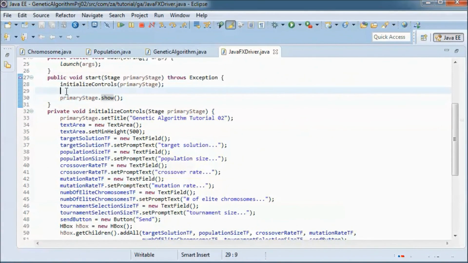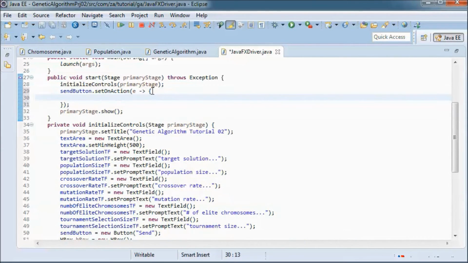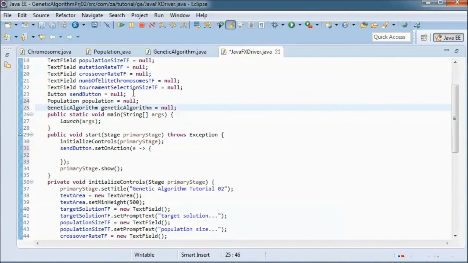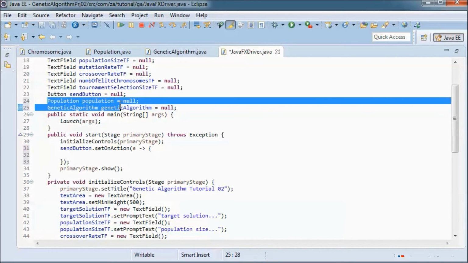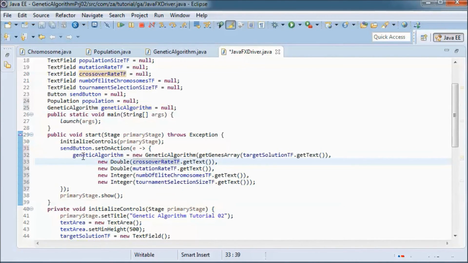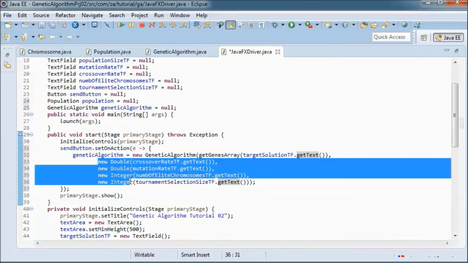Now clicking the send button will trigger the logic of this genetic algorithm. So let me define those two up here, population and the genetic algorithm, and I'll instantiate the genetic algorithm here with the values that are passed in from what the user entered.